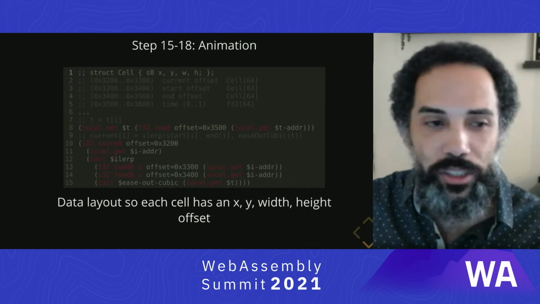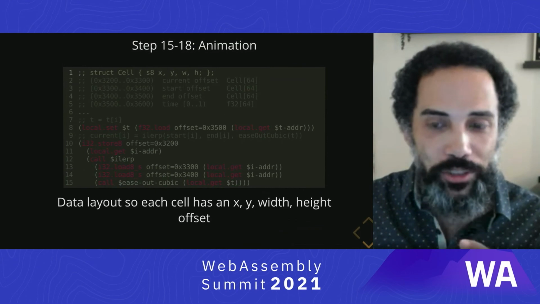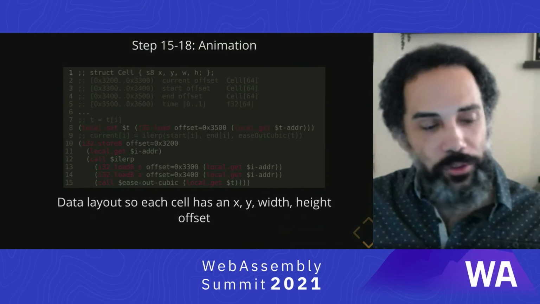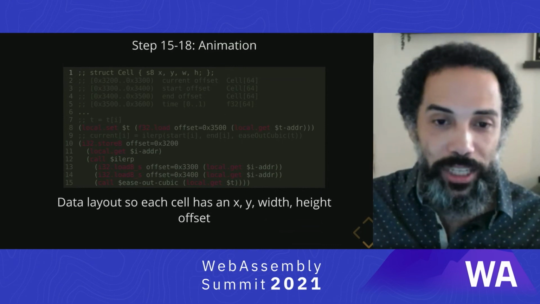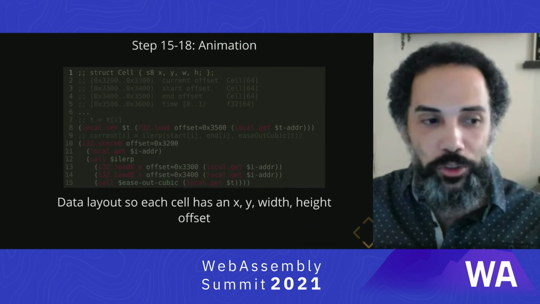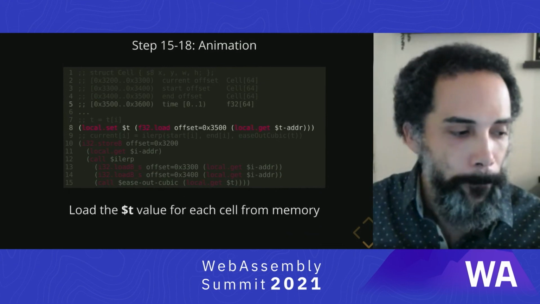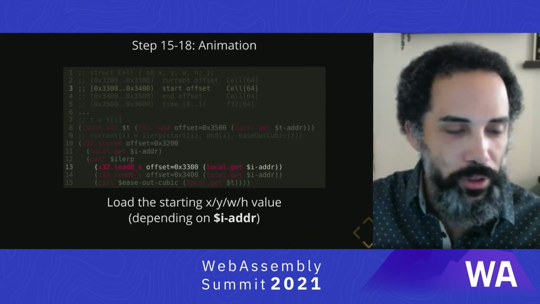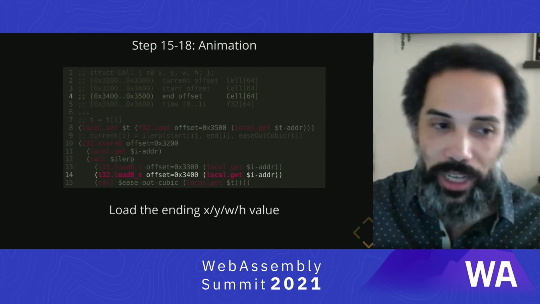Okay, and this is the code that we're going to use so that each cell gets its own animation values. I have a certain structure, which is the X, Y, and W, width and height offsets. Normally we just draw them in a grid, but now we can have an offset so they can offset in any direction. We have a time value, just like we said before. We have a starting value for each of the cell elements, and we have an ending value.